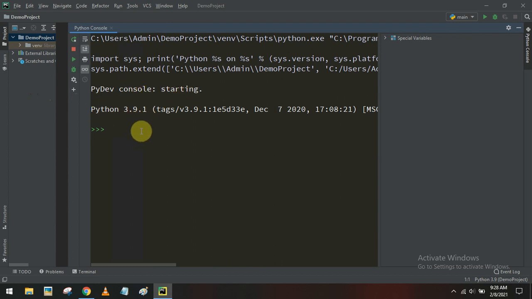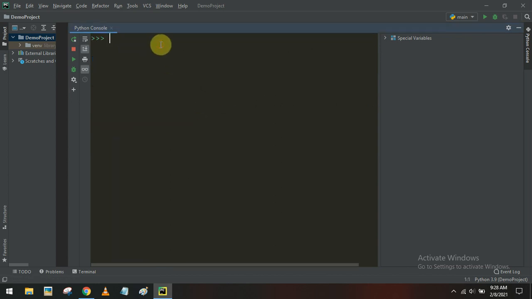Here we can feed Python instructions, and when you press enter it will execute and immediately you can see the output. For example, to display data in Python, there is a function called print. You can use the print function to display any data. For example, I want to display a message, welcome to Python. So this is a shell command statement we can give to Python. When you press enter, it will execute and you will get the output here.